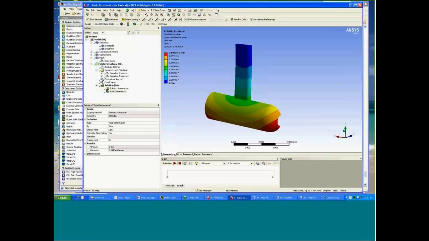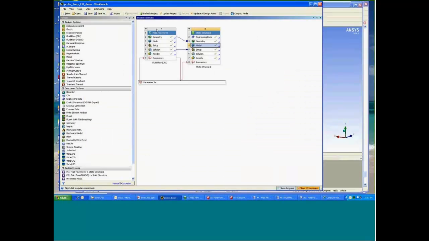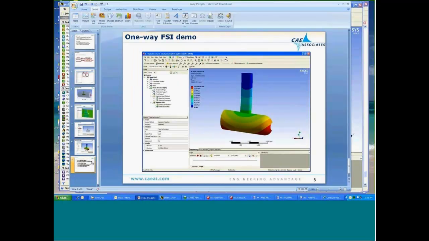If we return to the Workbench project page, this is like what we're seeing on the PowerPoint. I completed a fluid solution and then used the solution, mapped the fluid load to the mechanical part, and provided the load transfer. Are there any questions at this point? Okay, no. So, in quick summary,